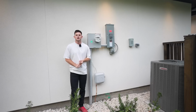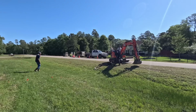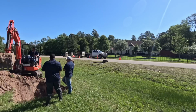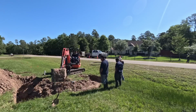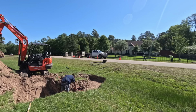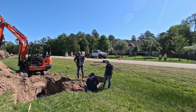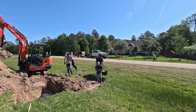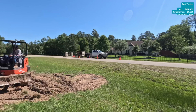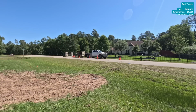Starting with the water connection, there is a main line in this neighborhood where I had to pay a local water district to install a water tap. This was a non-negotiable rate, and I could not have my own subcontractor do it. Instead, I had to pay the local water company that supplies my water a rate to install the water tap, and that was